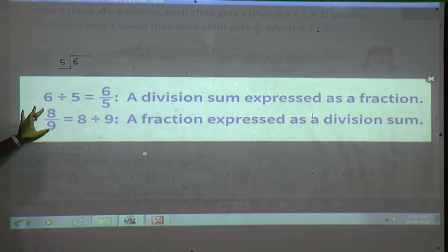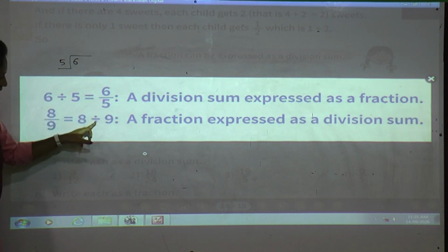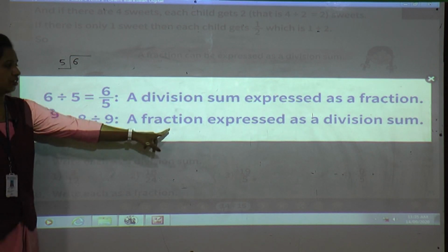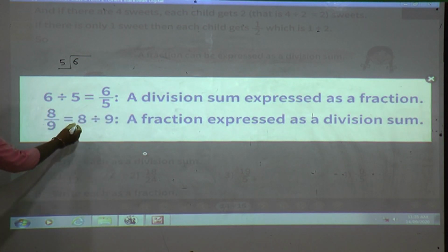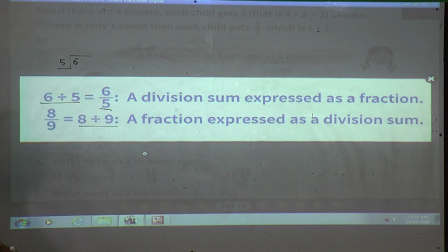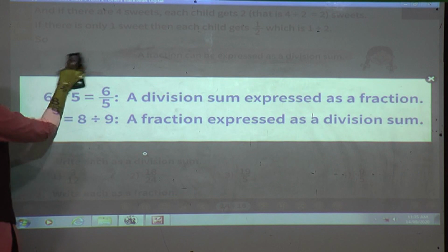Now if they give the fraction, how can we express it as division? See, 8 divided by 9. Very simple. So a fraction is expressed as a division sum in this way, and the division can be expressed as a fraction in this way. Clear? Yes. Now we will solve our exercise